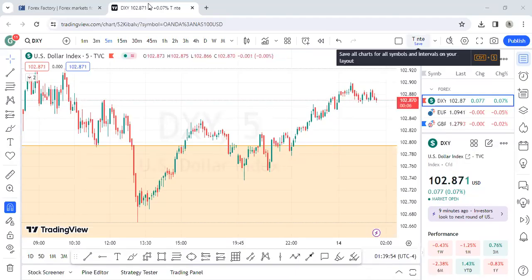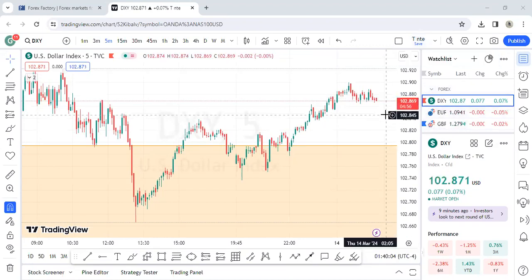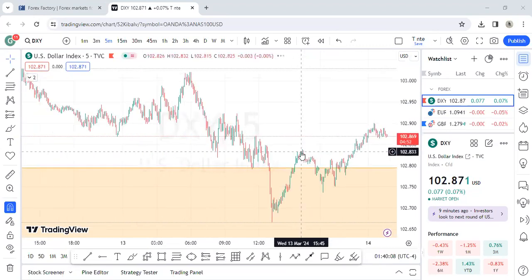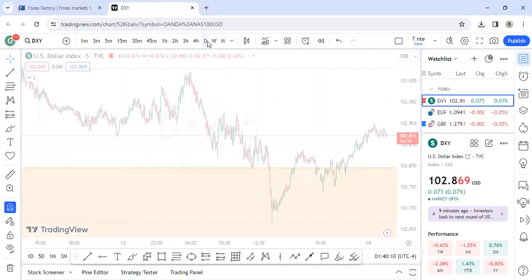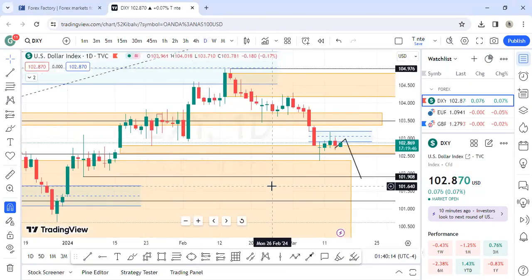So, alright, guys, let us do a quick market review. Yesterday, I was not able to do a review because I was really engaged in a lot of things, right? But we can do it today. So let's begin. So this is the DXY chart, the dollar index, and remember what I told you guys that